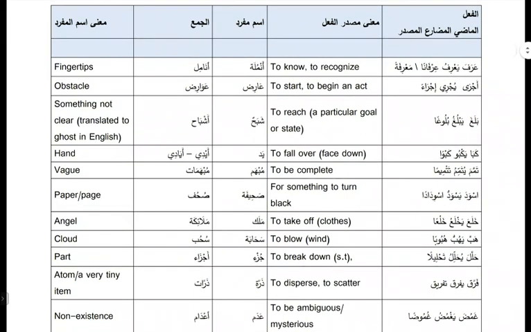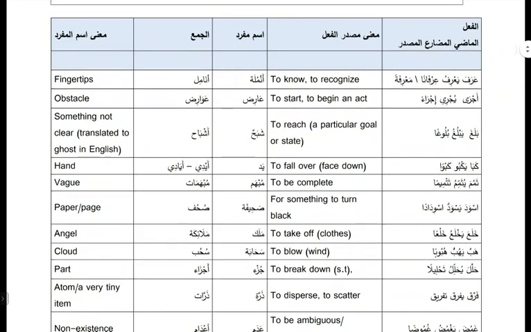And then the column after that, on the top, says ma'na masdar al-fi'l, the meaning of the masdar of the verb. So the meanings that I've given are not based on a tense. For example, arafa has the meaning of to know, but if you want to use it in the past tense, arafa will be he knew. So I hope that's clear. I'm giving you the base meaning, and then obviously if you use the verb in the past or present, you have to understand it accordingly. So those 2 columns are for the fi'l.